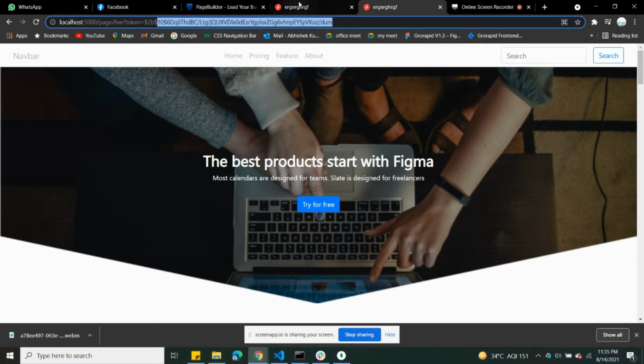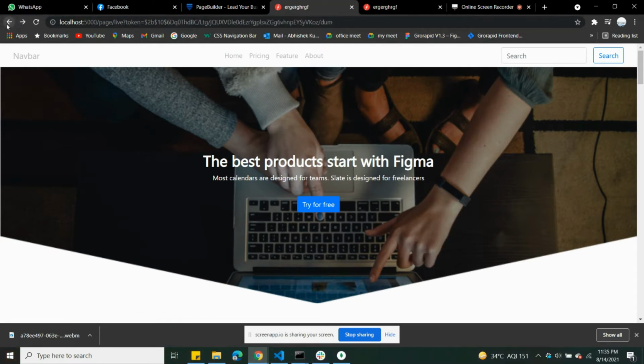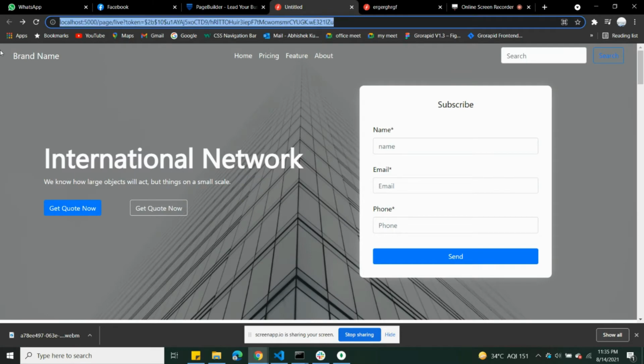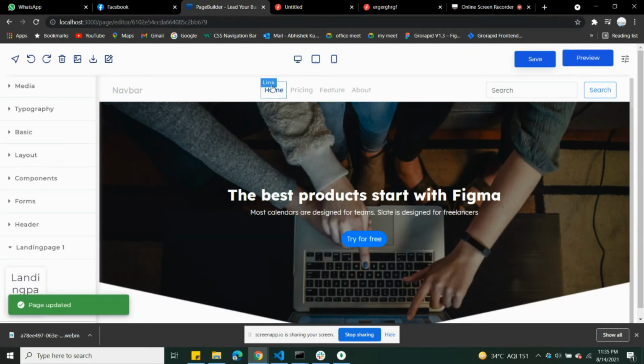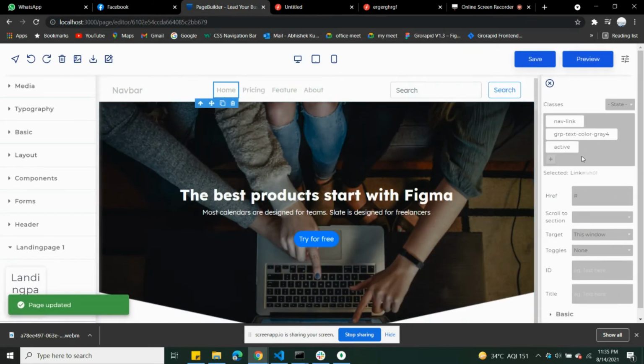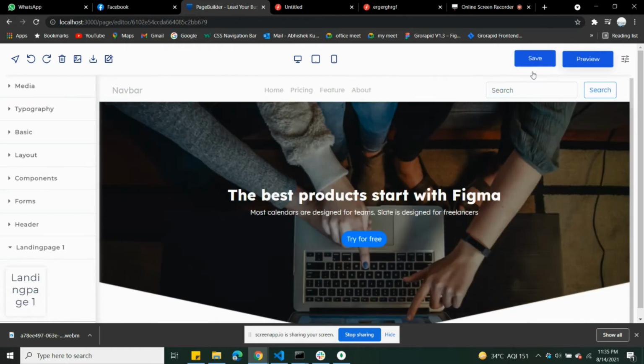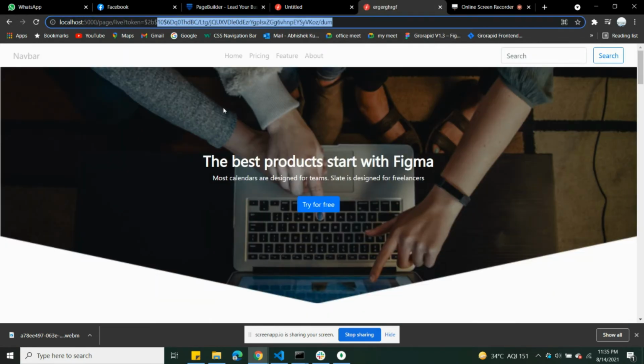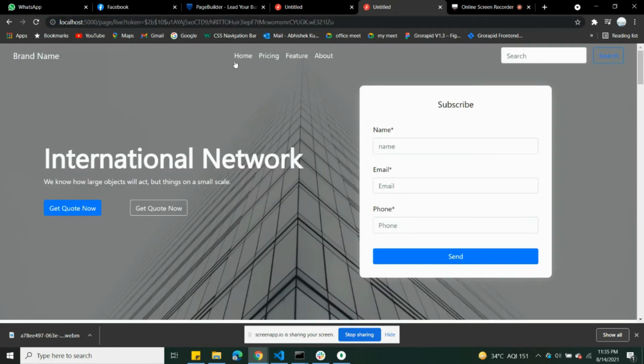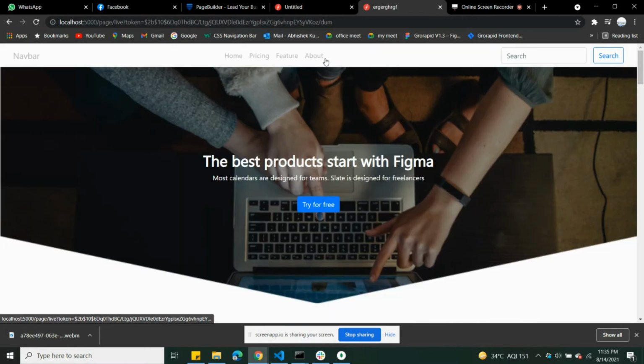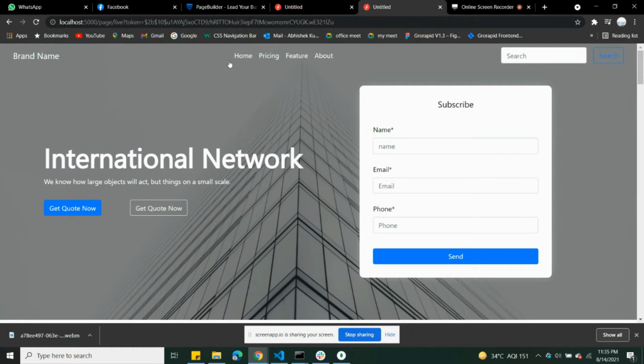I need to go back, copy this URL from here, go into the home page and put it over here. Okay, and just save it. So it's going to be saved. If I preview it again, you can see this is coming over. If I click on the home page, it's going over here, and if I click on the about page, it's coming to this page. So that's the kind of switching you need to do when you are creating pages